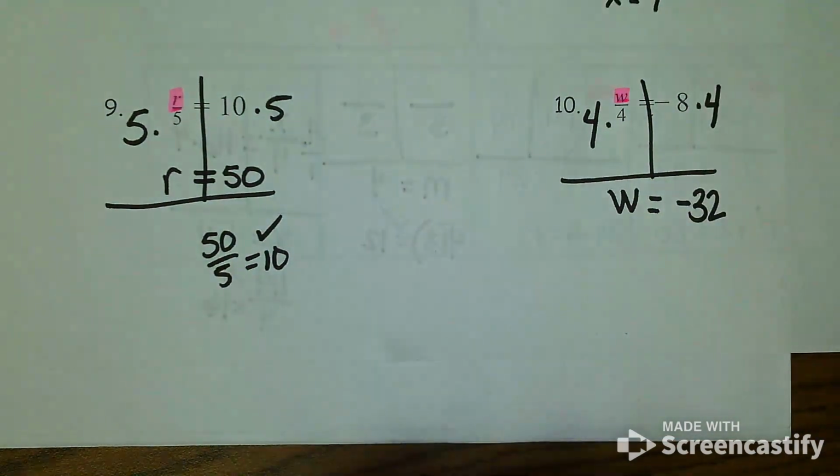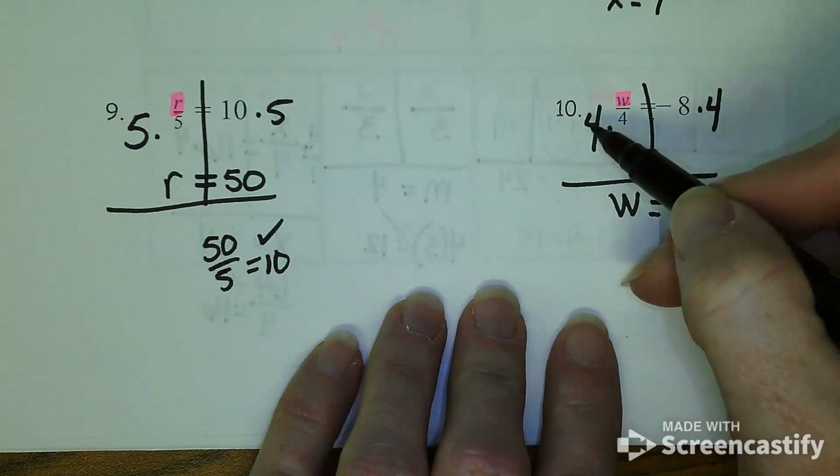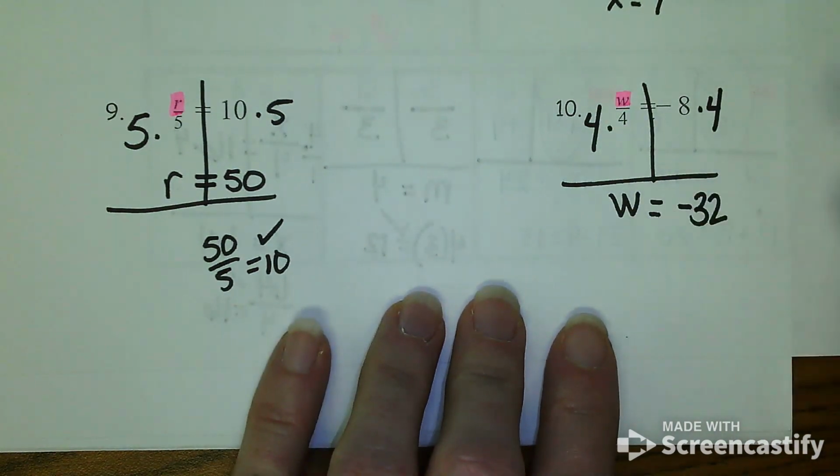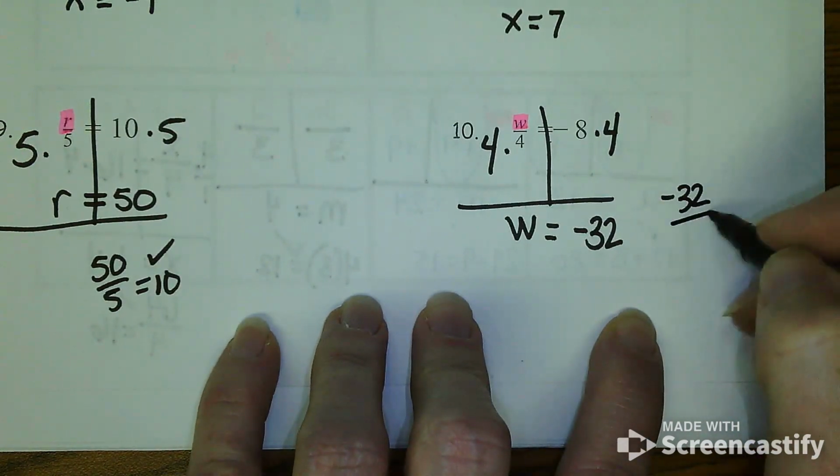On this one, we're isolating the W. So I want to get rid of the dividing by 4. You get rid of the dividing by 4 by multiplying by 4. So W equals negative 32. So if I check it, negative 32 divided by 4